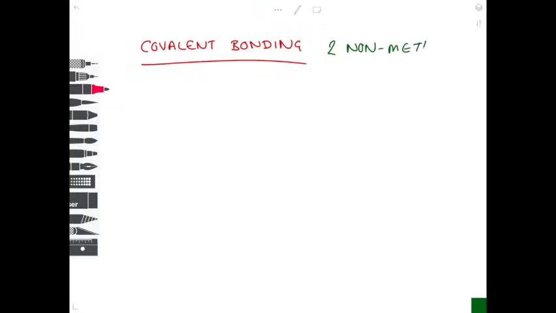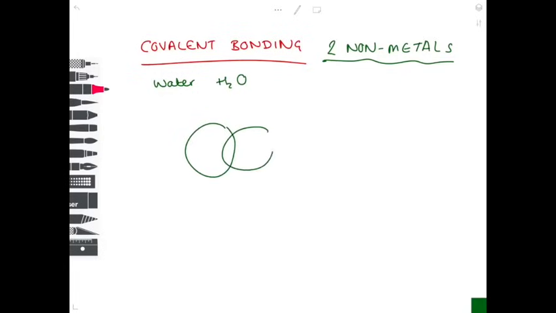Looking at covalent bonding now, we can see we're looking at 2 non-metals, so don't be tempted to draw an ionic bonding diagram. We're going to take a nice straightforward example to begin with, which is water, H2O. So we're going to have a central oxygen atom, 2 hydrogen atoms coming off the side. Label the atoms and then have a look in the periodic table and see how many electrons they have in the outer shell, and remember that's given by their group number. So hydrogen has 1 electron in its outer shell, oxygen has 6,